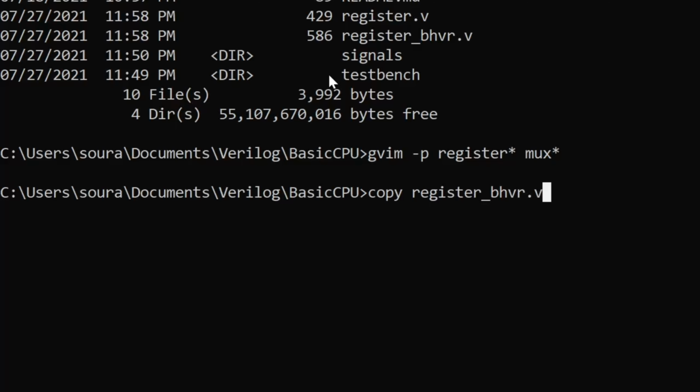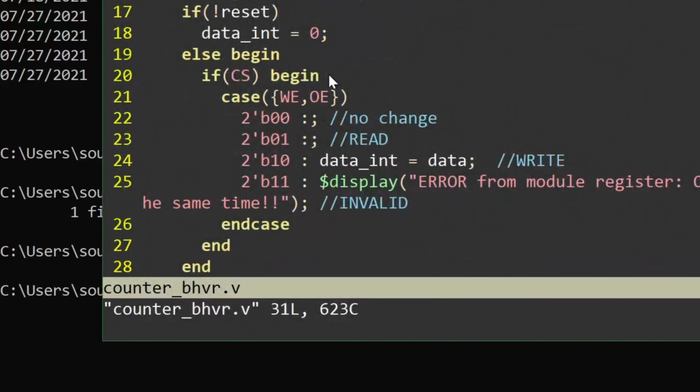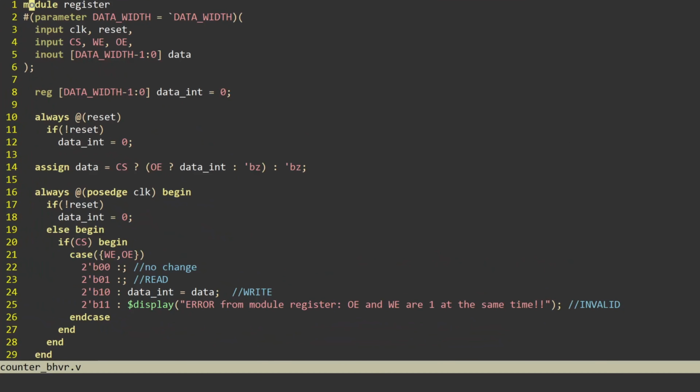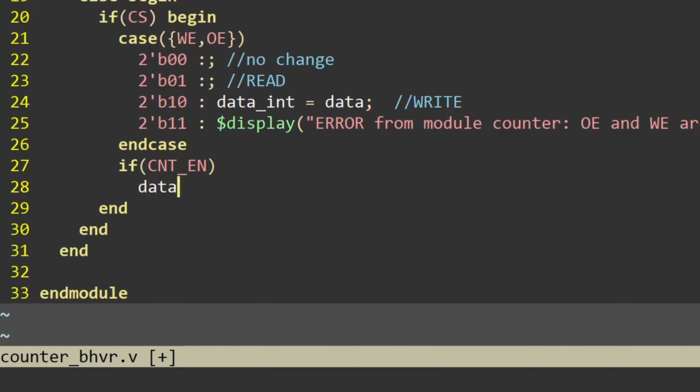Now I'll copy the register code to the counter and add another input. When this count n input is set, I'll just increment the internal data count.